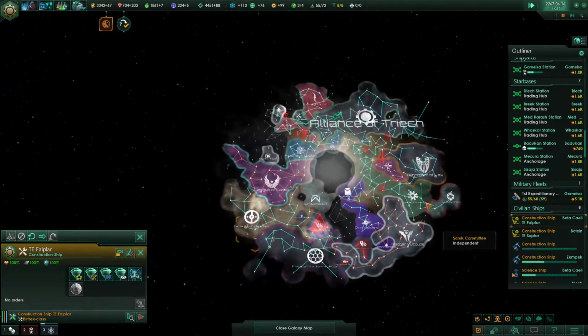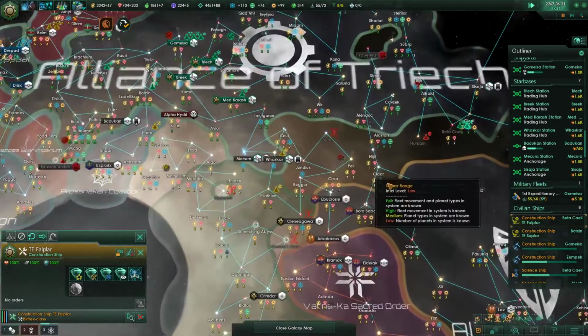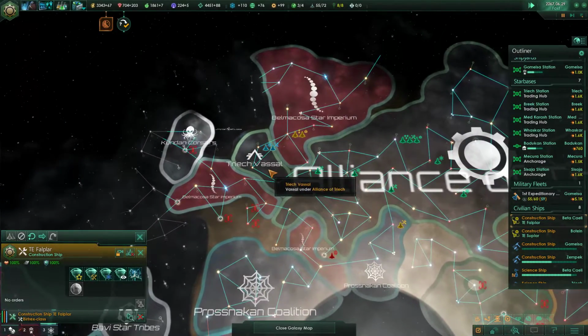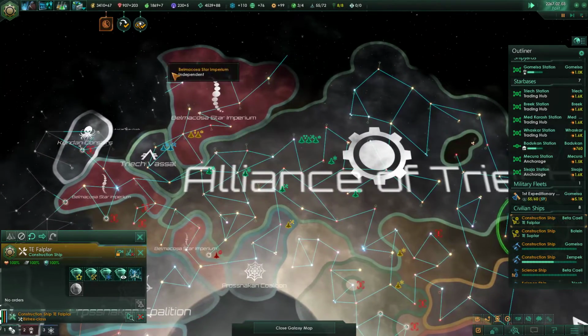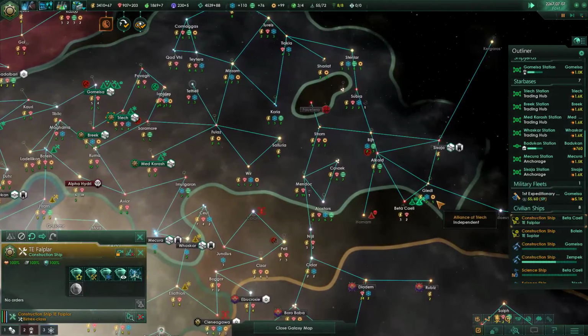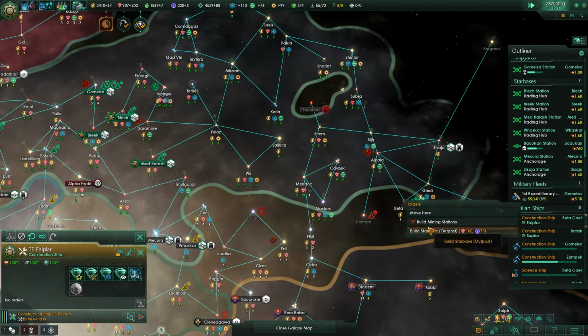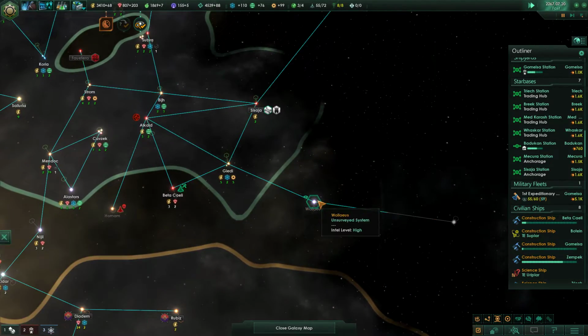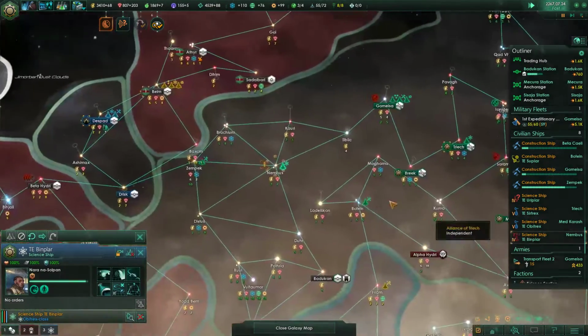Now, if you look at the overall map, I clearly control the most territory. With a named vassal, which is pretty awesome. I can just name them. I'm like, guess what? You're named after me. And they're like, okay, I guess. We have no choice, so...